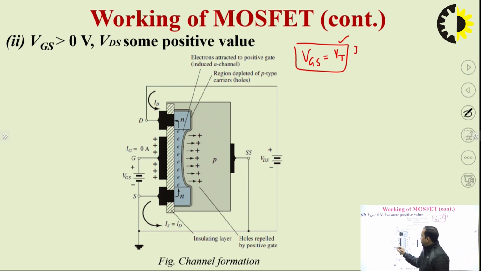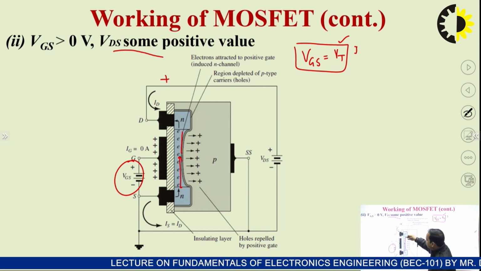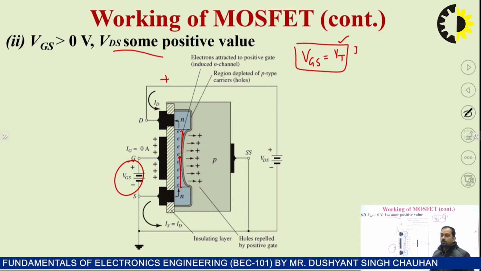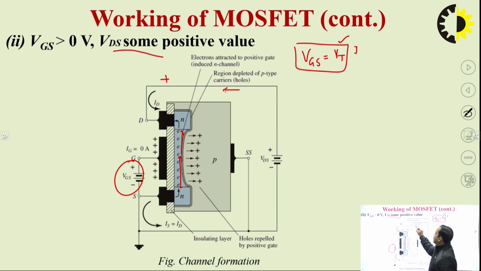So what will happen? We have applied VGS positive. Electrons are attracted near this SiO2 layer, and holes are repelled away. As a result, there is a passage. Now if we apply some VDS, that means this terminal is positive. What will happen? The electrons are attracted in this direction, and as these electrons move from source to drain terminal via the channel, there is a flow of current which is termed as ID,